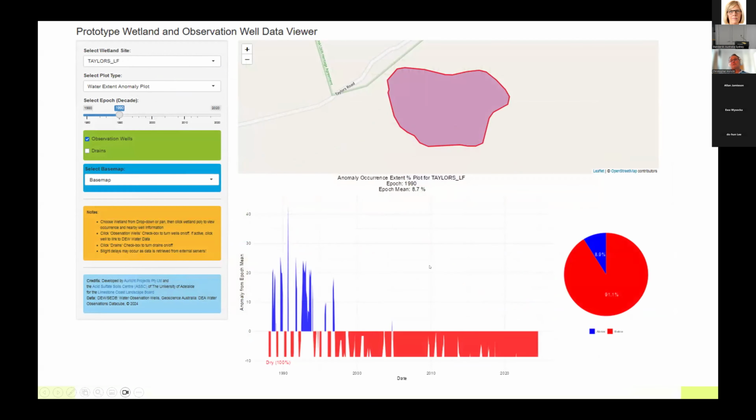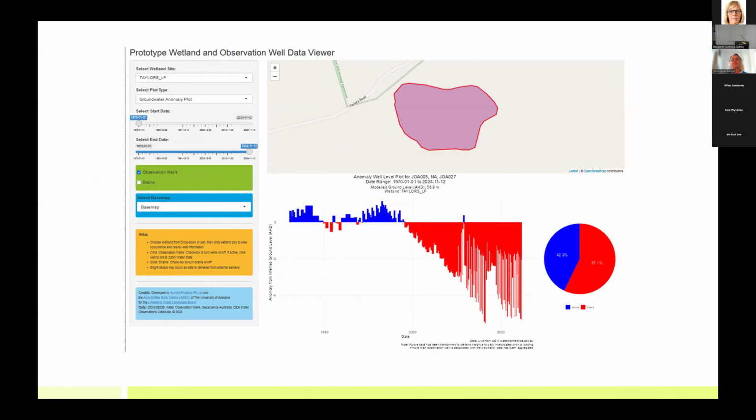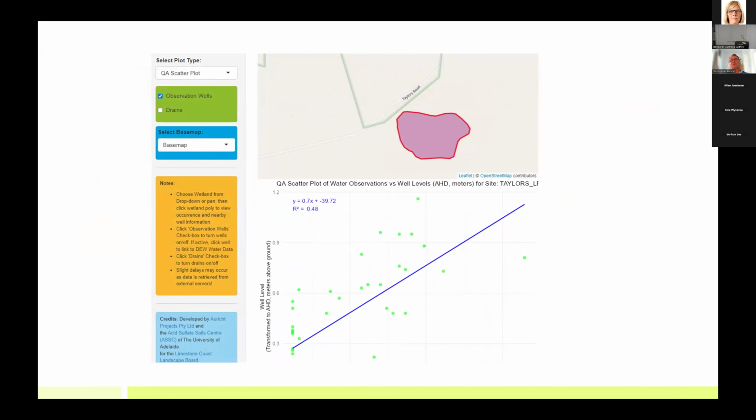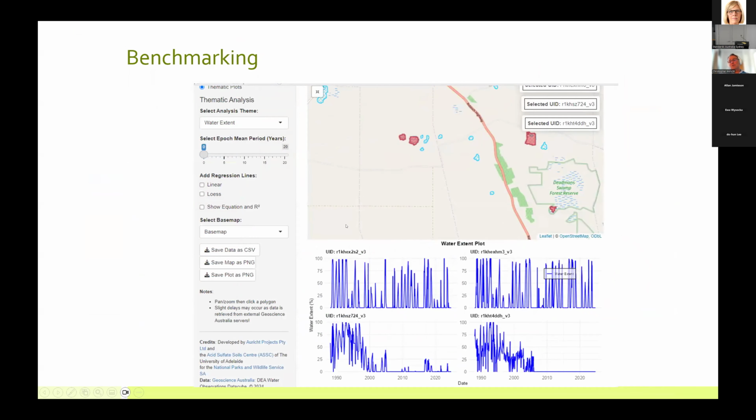Then we have a whole series of dashboards and other metrics that we work with to provide additional insights. That's just an example of some of those, and a few more examples of the relationship between the derived AHD. Other tools that we've developed is benchmarking, so you can pull up a handful of different wetlands and